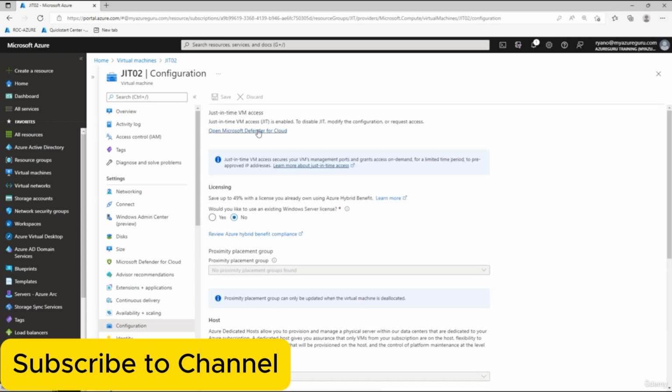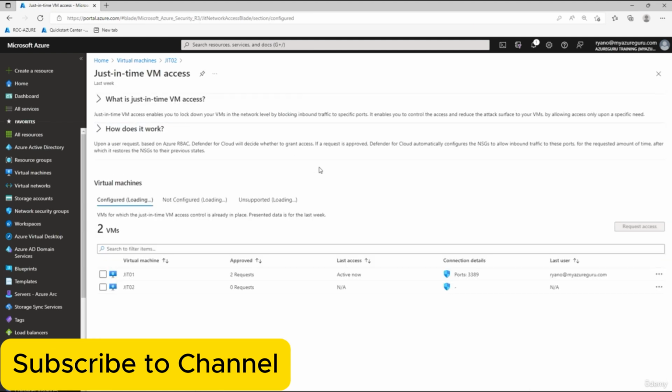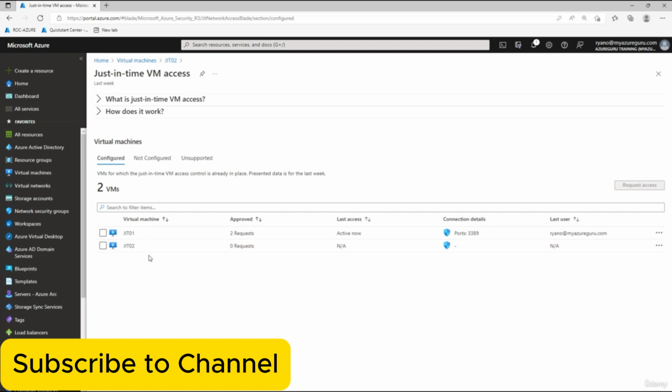And let's go to Microsoft Defender for Cloud. So I've gone under my settings, I've gone to configuration, and I've selected Microsoft Defender for Cloud. So click open that, and this will now bring us to our just-in-time access, and you can see here's our virtual machine. So in order to request access, we need to do a few things, but before we do that,